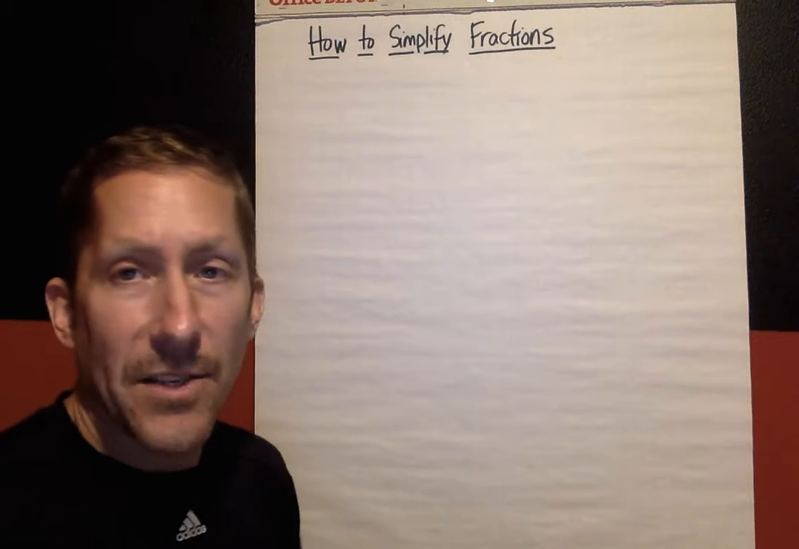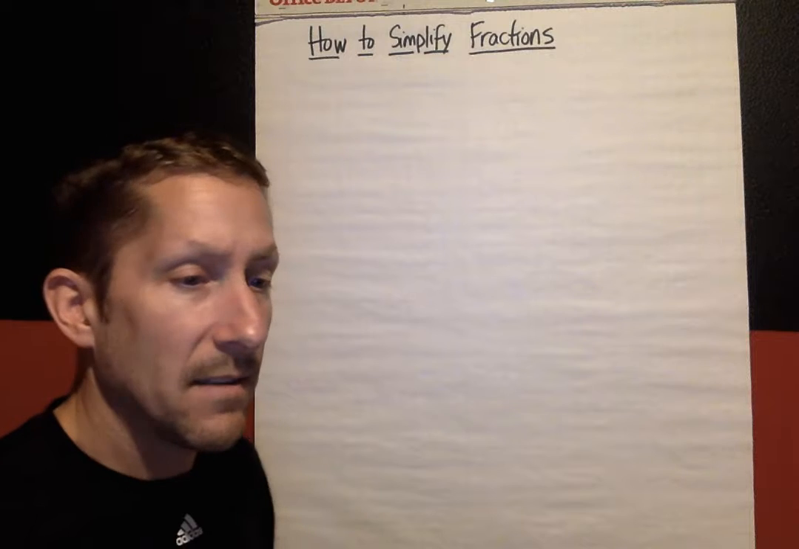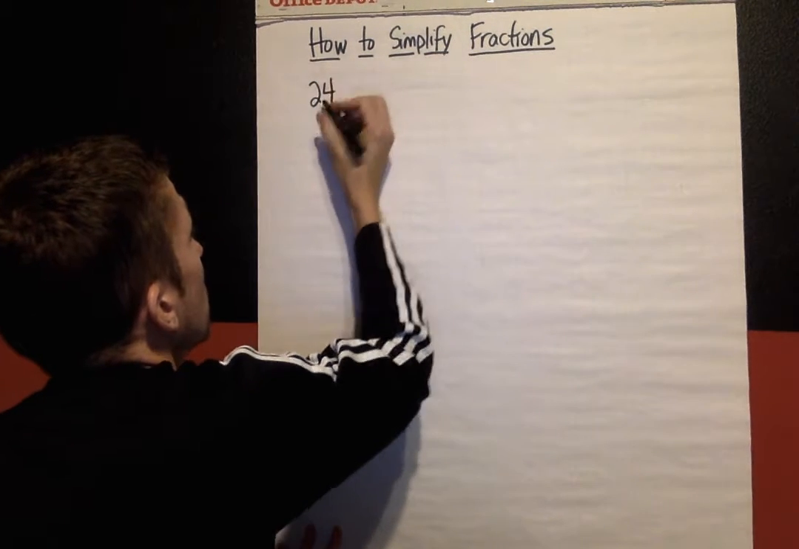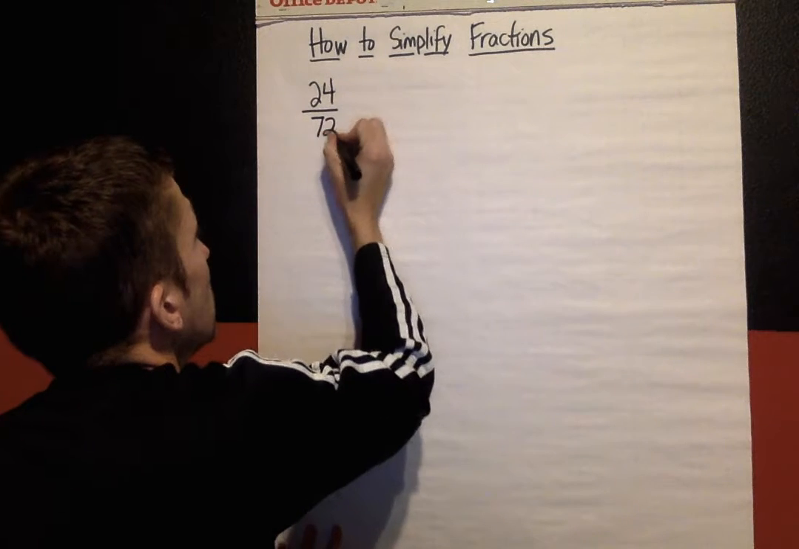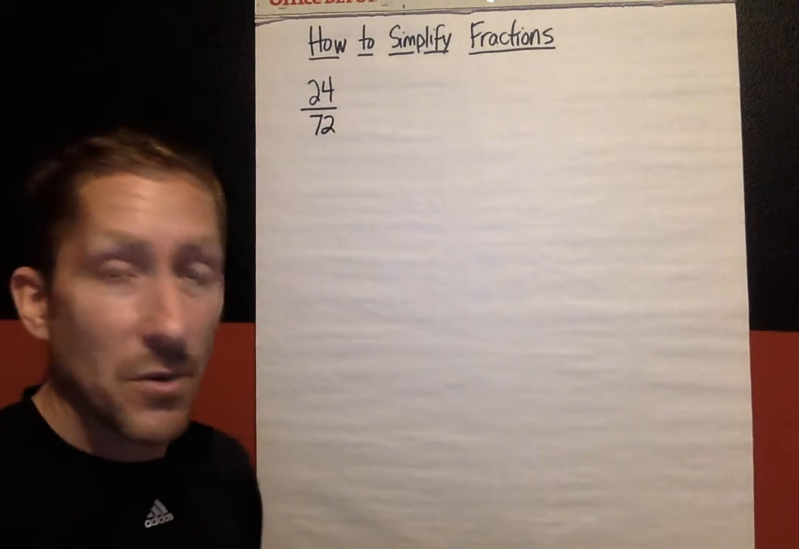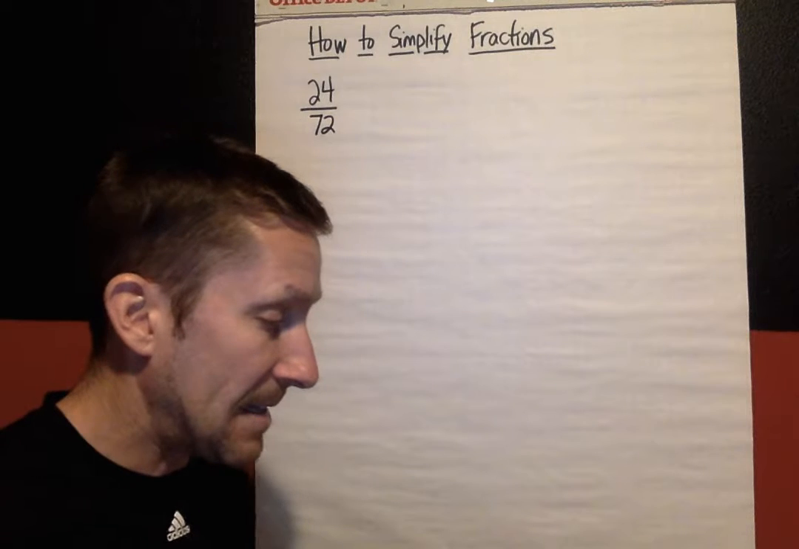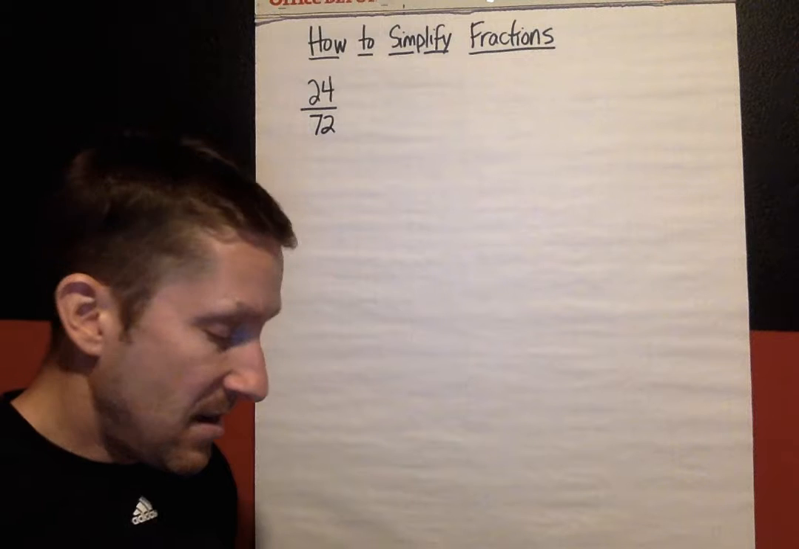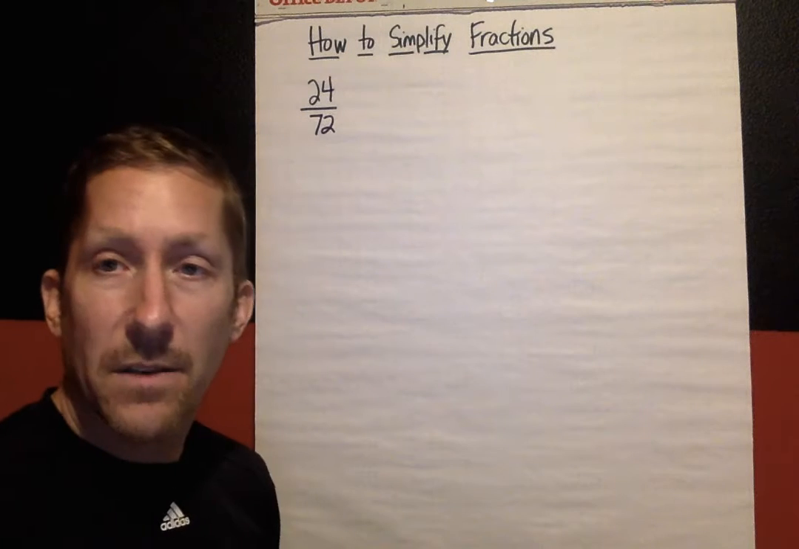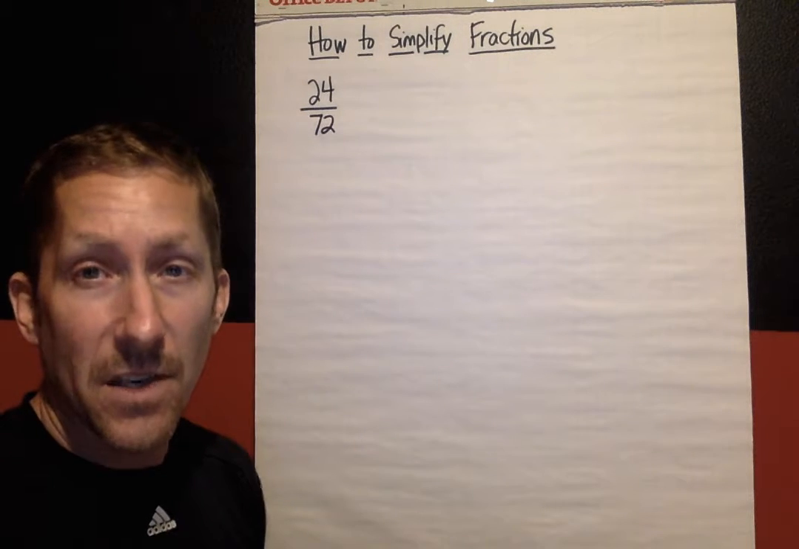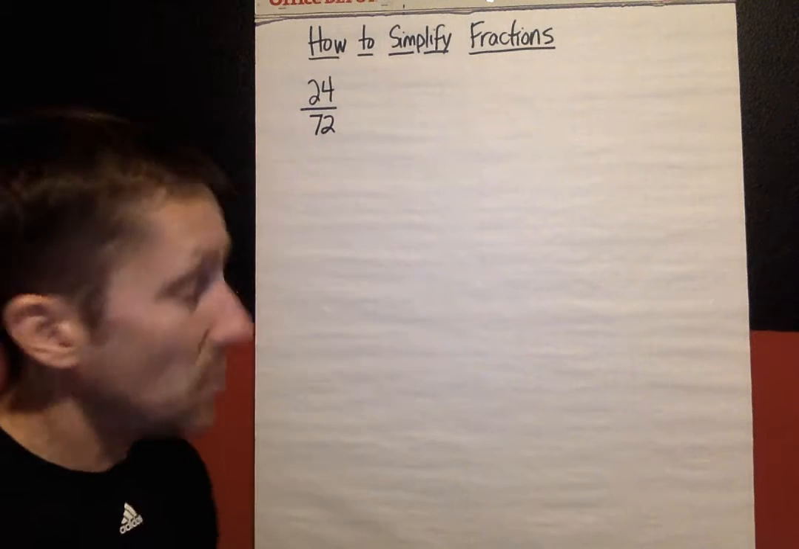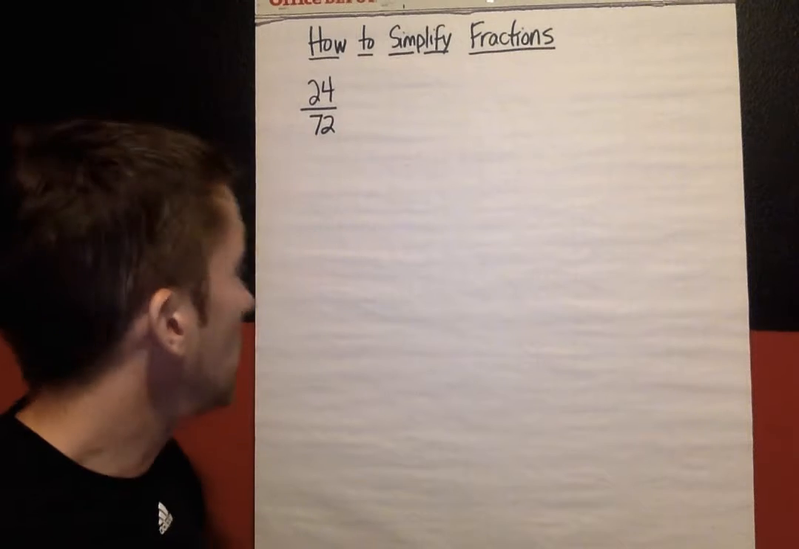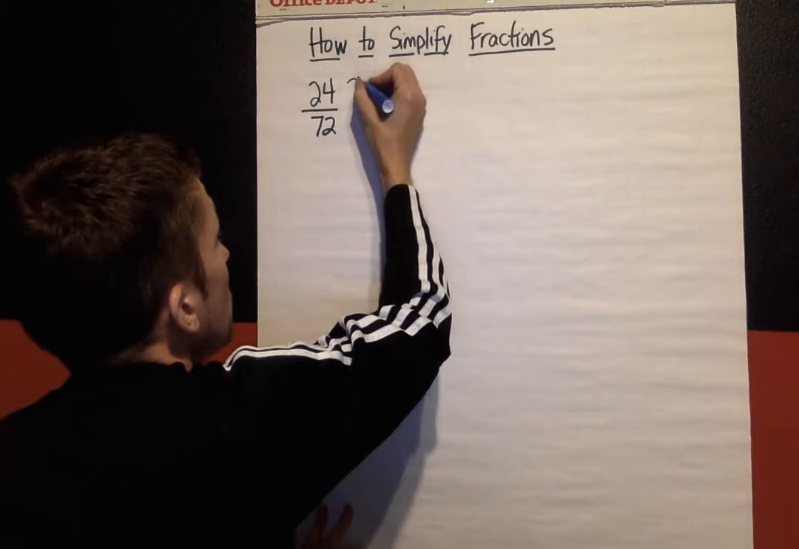The first fraction that I want to look at to simplify has pretty big numbers: 24 out of 72, or 24 seventy-seconds. Right away, I see that both numbers are even, so I know that 2 is going to be a factor of each number. 2 is going to go into 24, and 2 is going to go into 72. So I am going to divide both of these by 2,